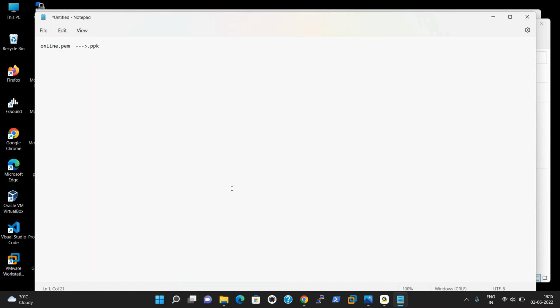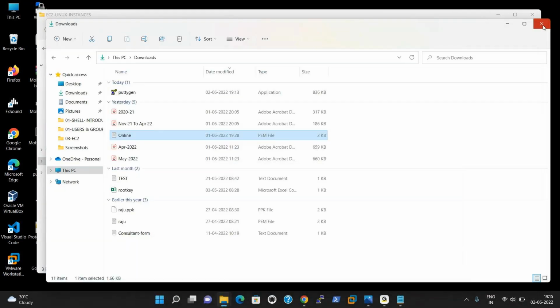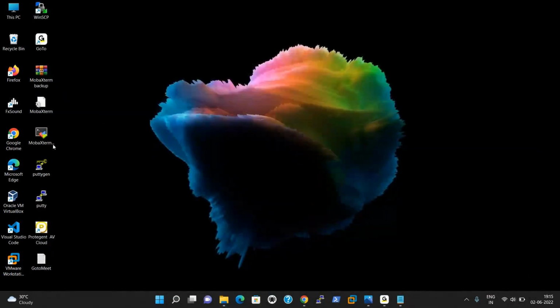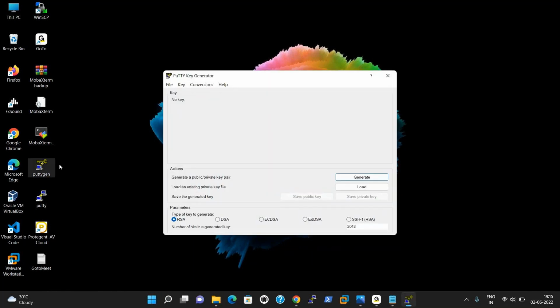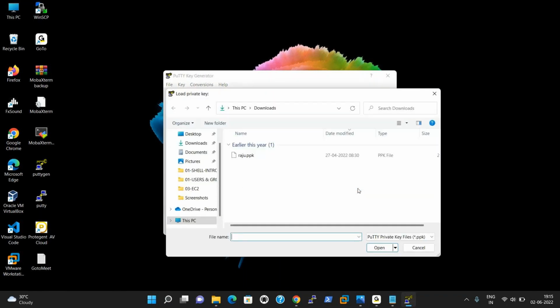PEM stands for Privacy Enhanced Mail. PPK stands for Putty Private Key. Then how do we convert the PEM format to the PPK format? That's why you use the tool named PuttyGen. PuttyGen will help you save the file in the required format. Select PuttyGen and open it. Then the option is Load. Now, from the downloads,